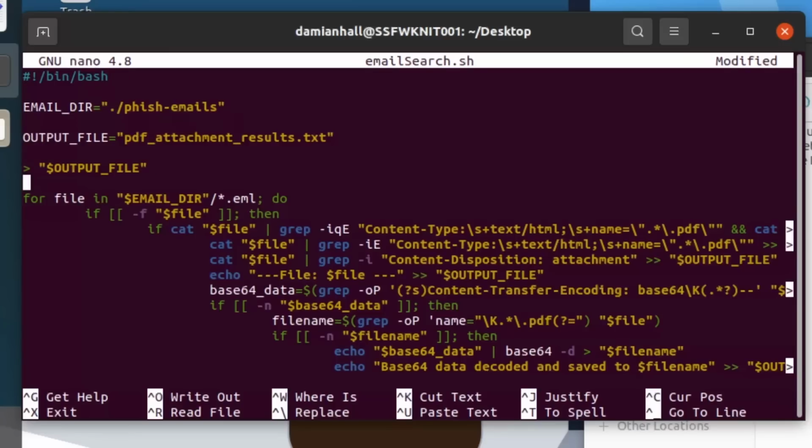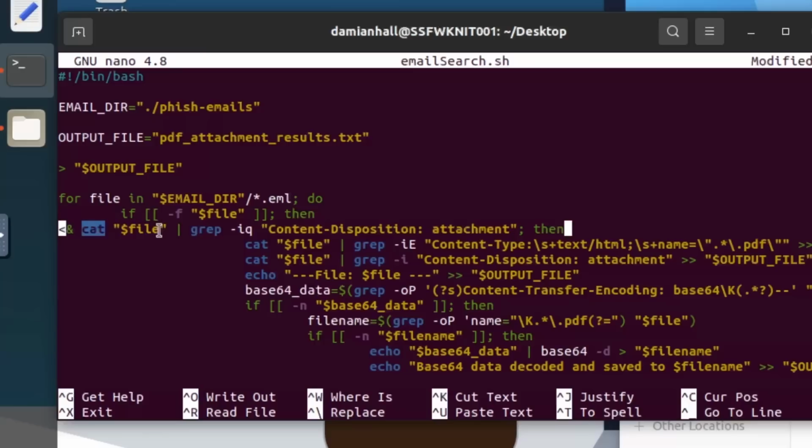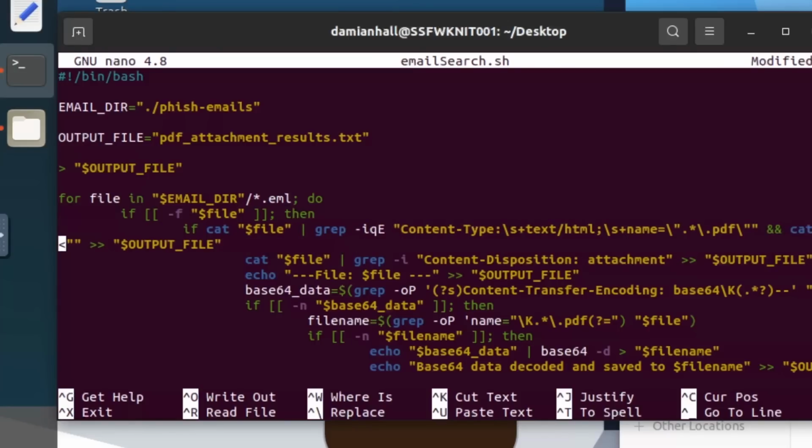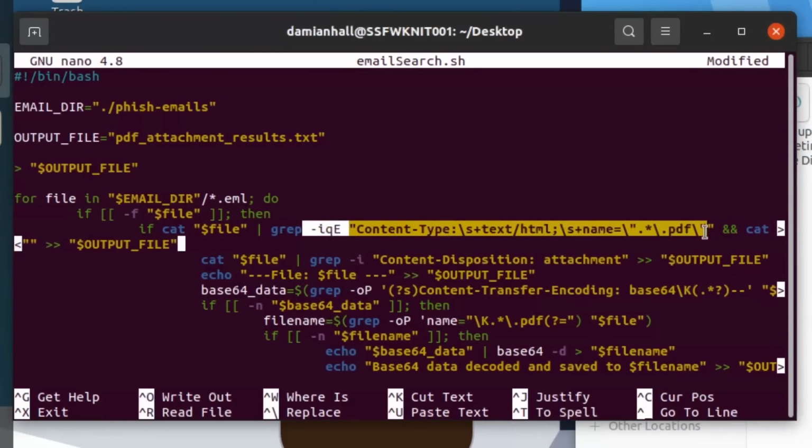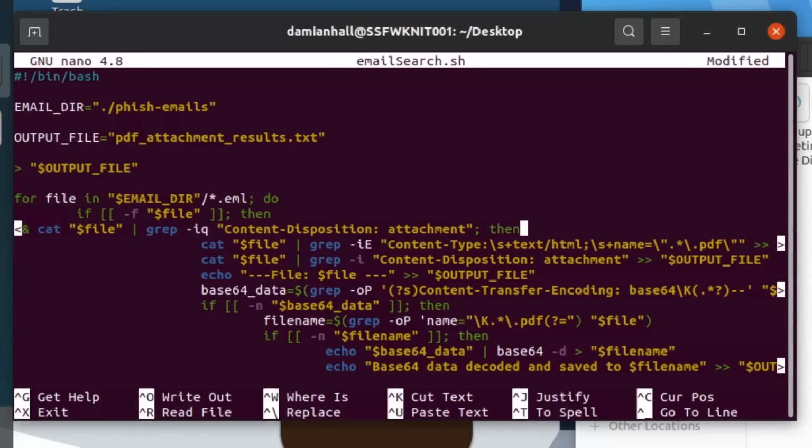Now, if that actually exists, then it's going to go through this second portion, where it's going to concatenate that file, and it's going to look for content disposition being attachment. So this is all part of the same condition, right? An if statement is a conditional statement inside of any coding language, and we're looking for two conditions to match. The first is that it has the content type attribute that ends with .pdf, and it also has this other portion where there's a content disposition attribute that has